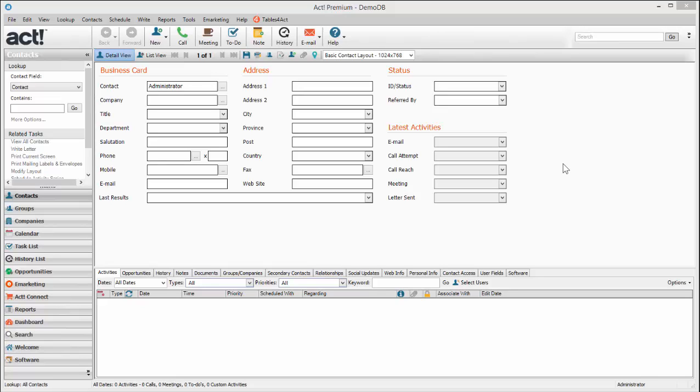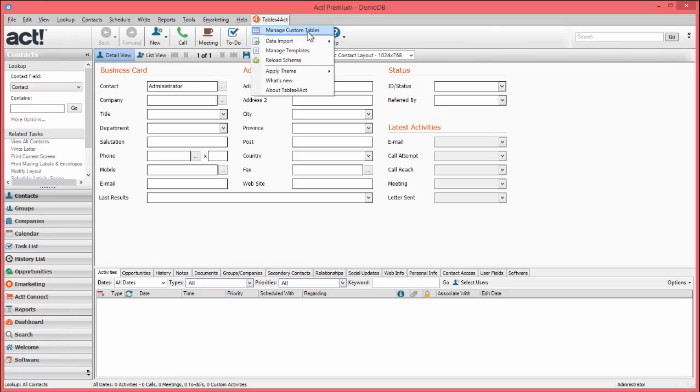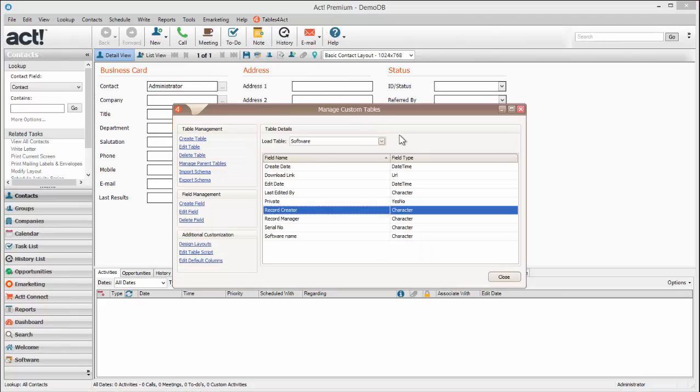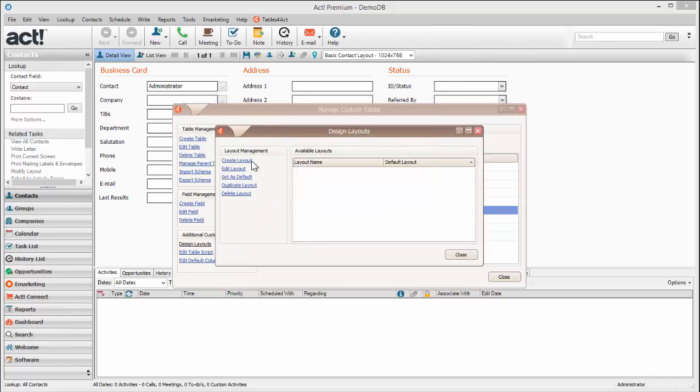After adding a few fields to your database, in order to display those fields to the end user so that they can enter data to that table, you would need to create a layout. To do that, click on Tables4Act, Manage Custom Tables. Select the table that you wish to work with and click on Design Layouts. Click on Create Layout,